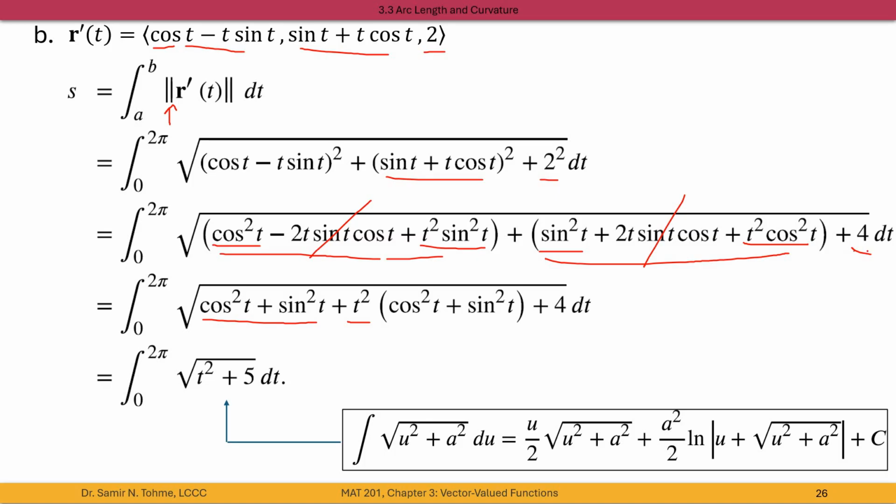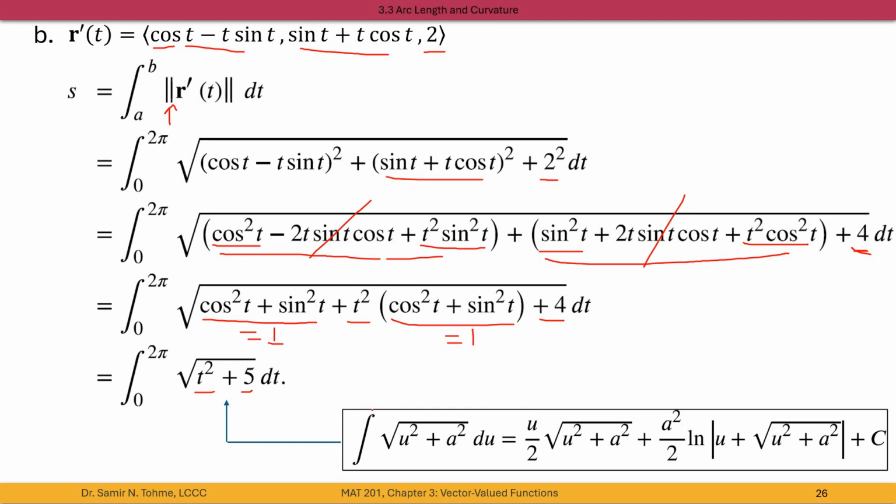And then we have the remaining number plus 4. We're going to write it here. This one is equal to 1, and this one is equal to 1. Add the numbers. 1 plus 4 is equal to 5, and 1 times t squared is t squared. Okay, now we can solve this